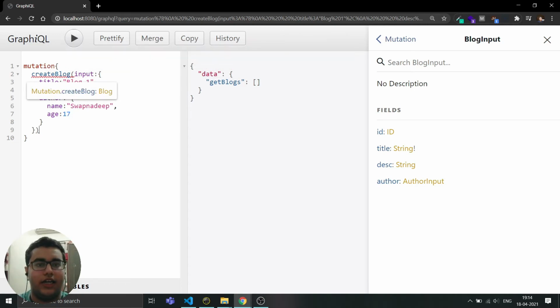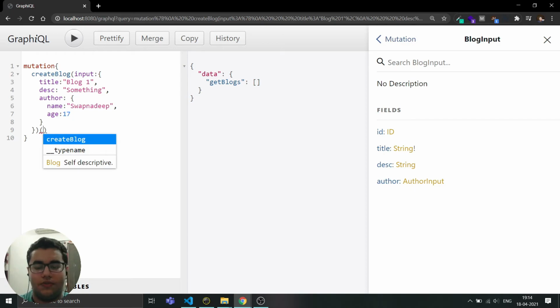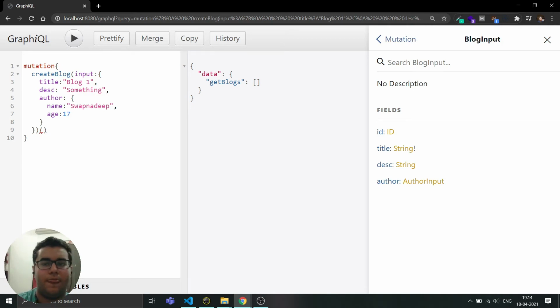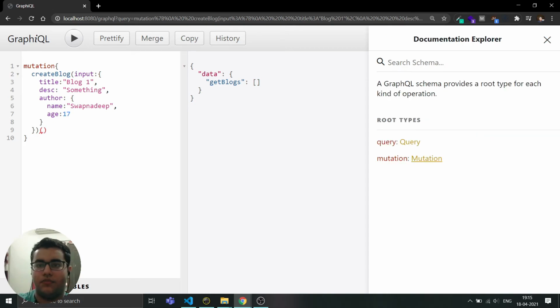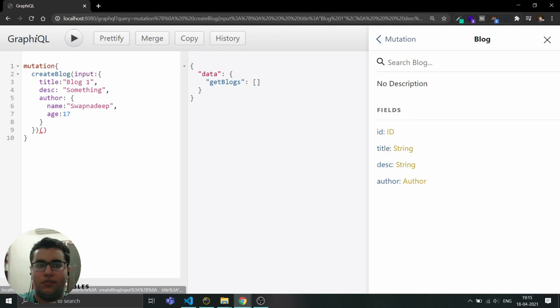And create blog is returning something, so we need to take care of that as well. The create blog is returning us the blog, so we need to see what we have to get.